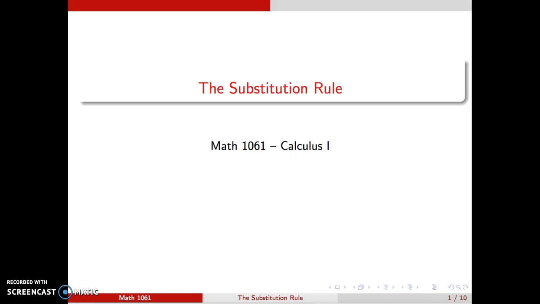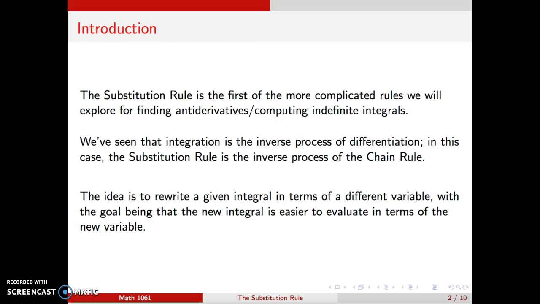Hello, in this video we're looking at a method that we have for integration called the substitution rule. This is a very challenging rule. We're not going to rush it, but let's dive into it here. The idea with this, the substitution rule, is the first of, like I said, more complicated